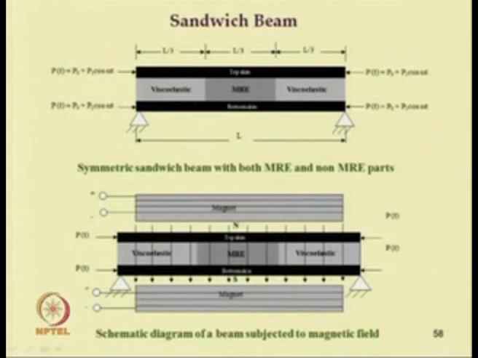By applying the magnetic field, you can have a force and a moment due to the magnetic field, and taking those force and moment, you can find the equation of motion by considering the inertia force in longitudinal and transverse direction for both top and bottom skins. Next class we will study how to derive the equation of motion using energy principles.